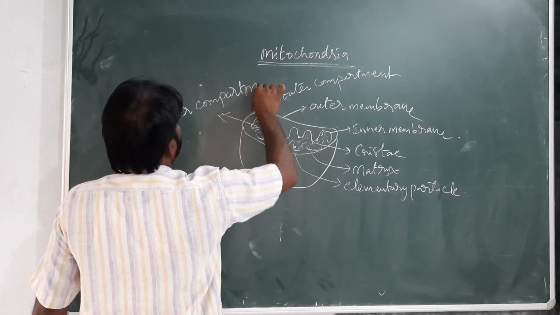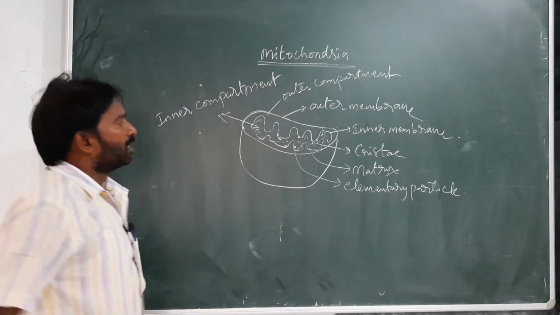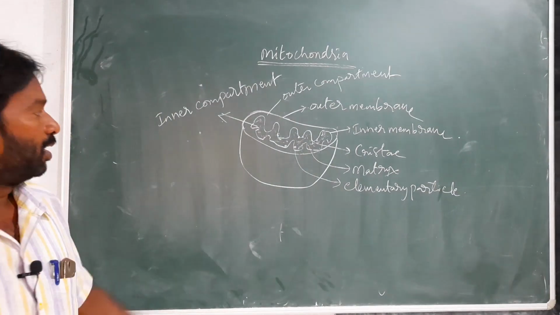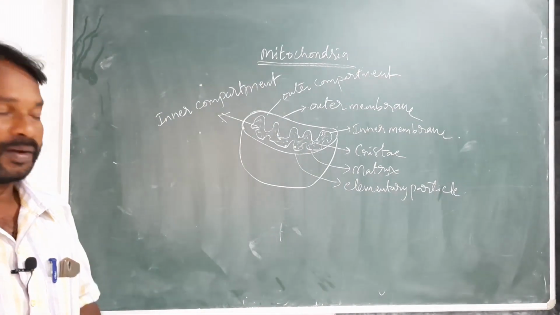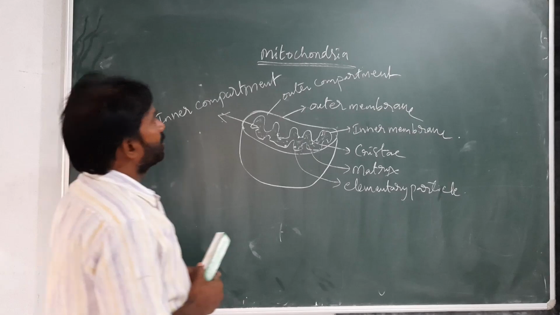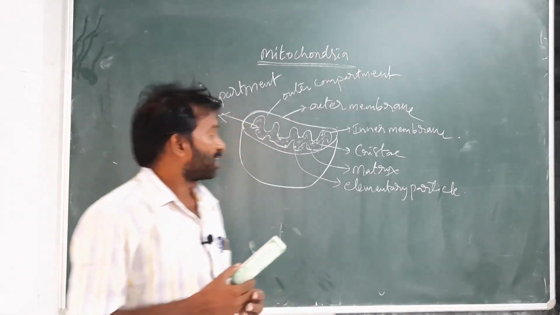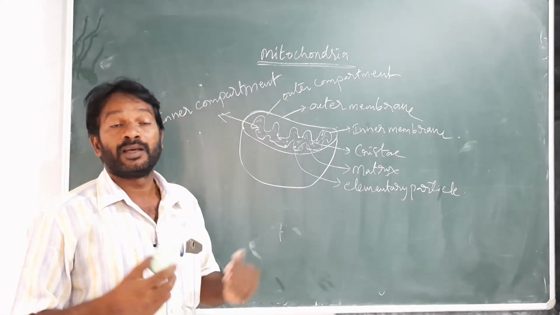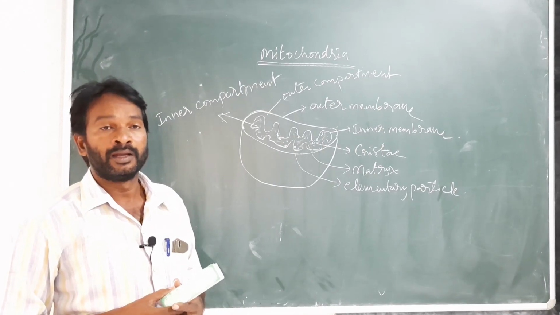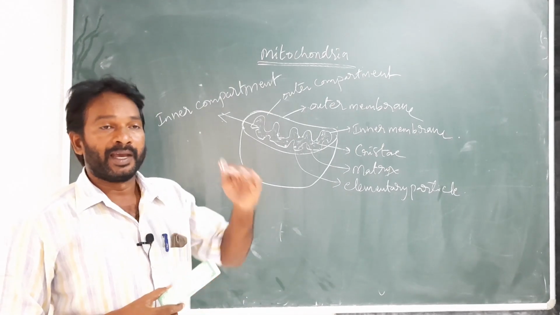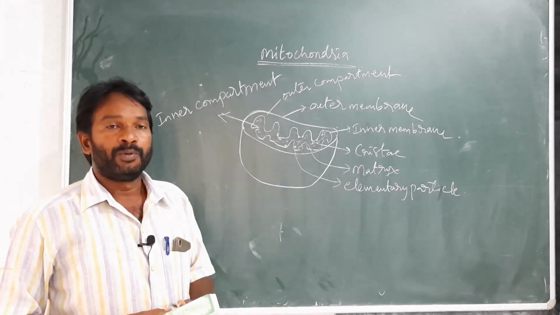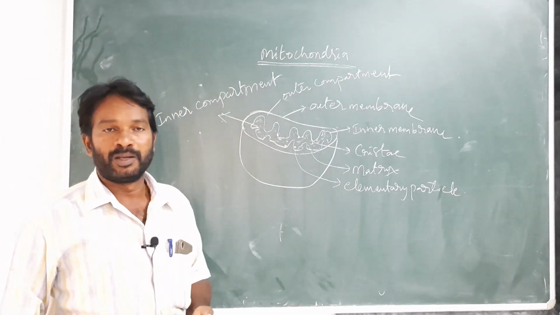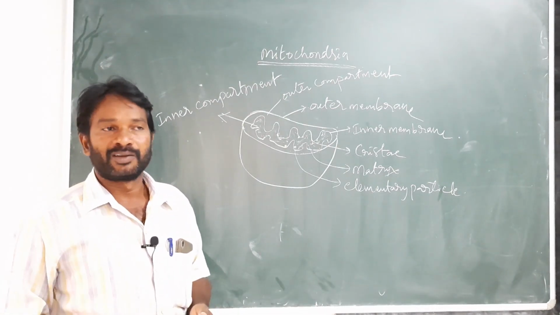Inner compartment. Yes, this is the structure of the mitochondria. In 9th class, one activity was given to study the structure of the mitochondria. For that activity we have to take an onion peel and collect it, and we have to keep it in